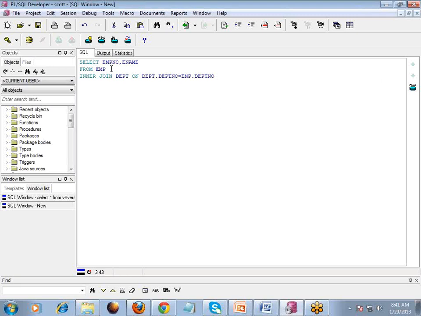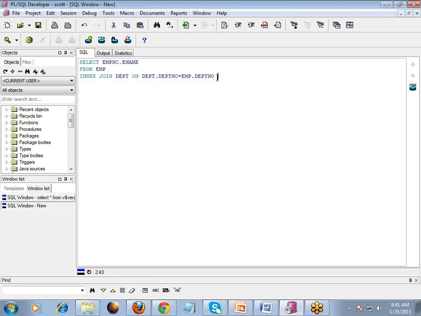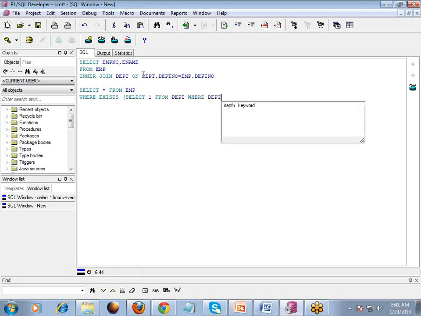This particular syntax of SQL will be used across every database. That is why it is always preferable if you are writing many SQL statements in your application, instead of using SQL specific to Oracle, like your EXISTS statement: select star from EMP where exists, select 1 from DEPT where DEPT dot